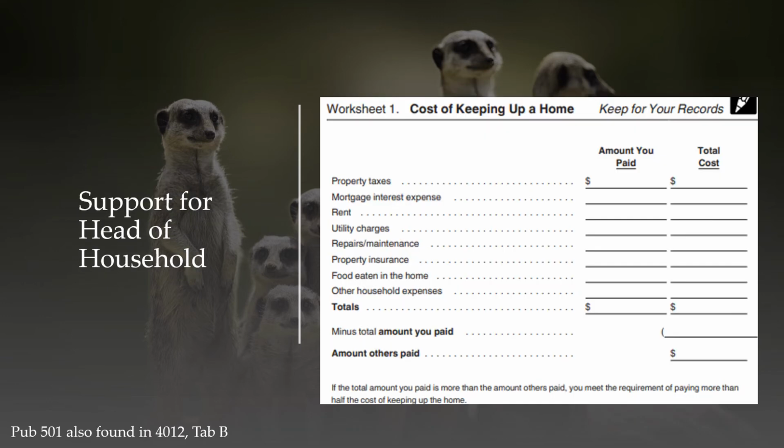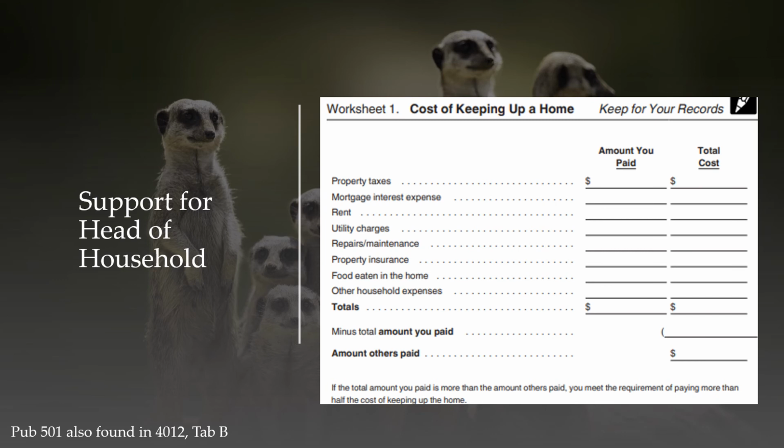Whew. Okay. Just one more slide on head of household. I'll try to be quick with this one. So there is the support test for head of household. Did our taxpayer cover more than 50%, more than half, of the household support? In Publication 501 and also in Publication 4012 Tab B, there is a worksheet. I suggest using the one in the 4012 because it has a little more instruction about some of the caveats with filling out the